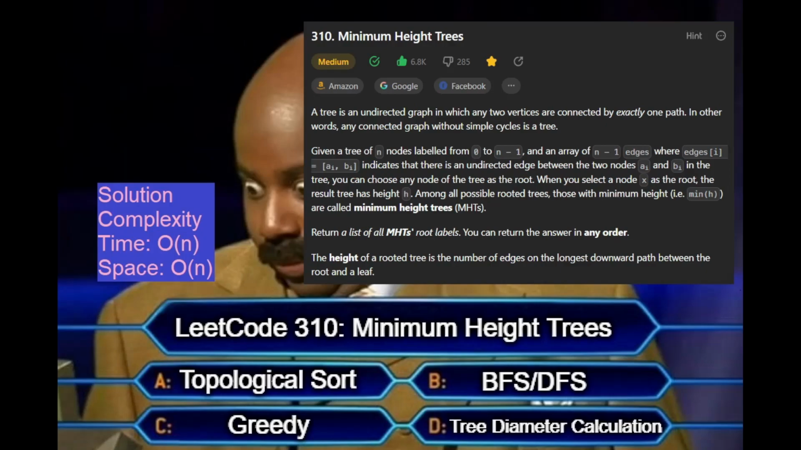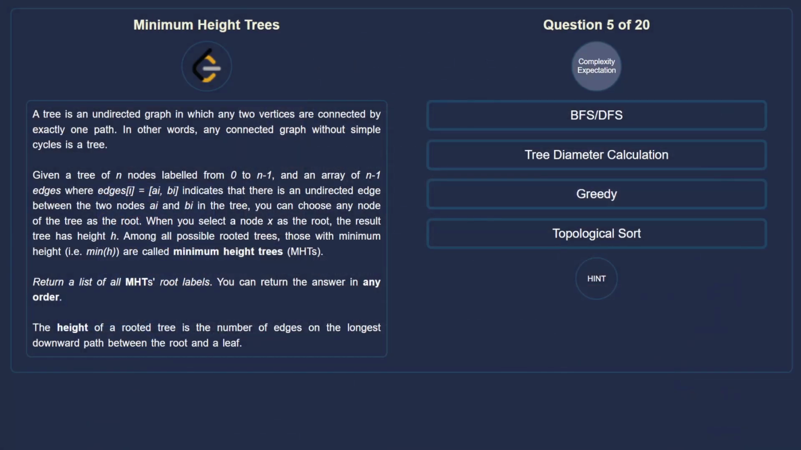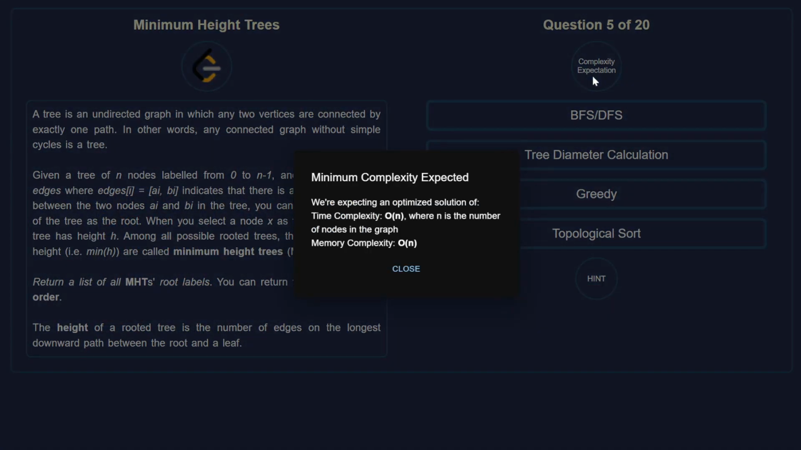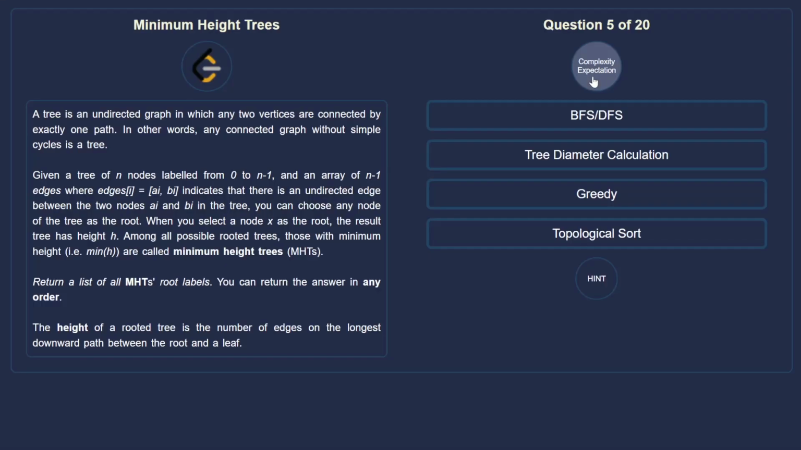Today we're exploring the minimum height trees problem. Our goal is to try and find an optimized solution with minimum complexities of O(n) time and O(n) space. In this problem, we're given a tree consisting of n nodes labeled from 0 to n-1. The tree is represented by an array of n-1 edges, where each edge will indicate an undirected connection between two